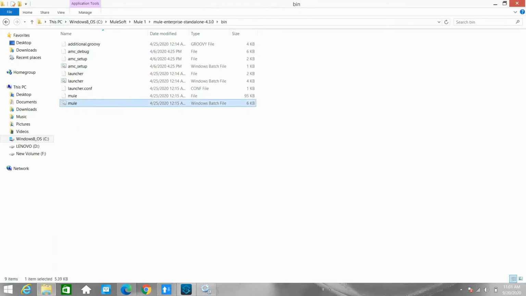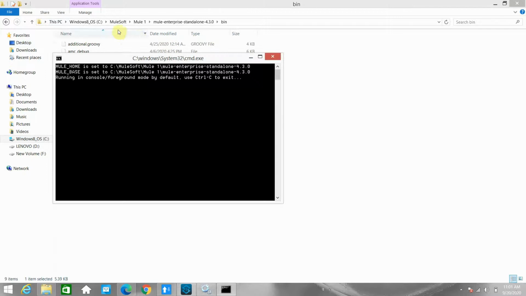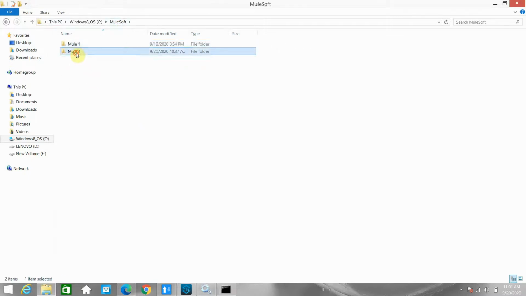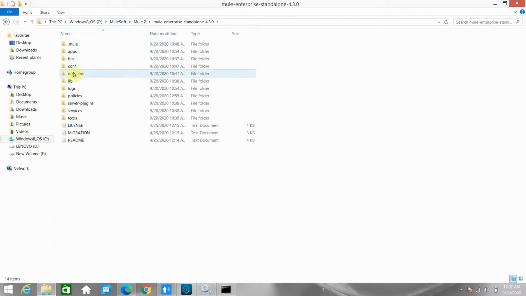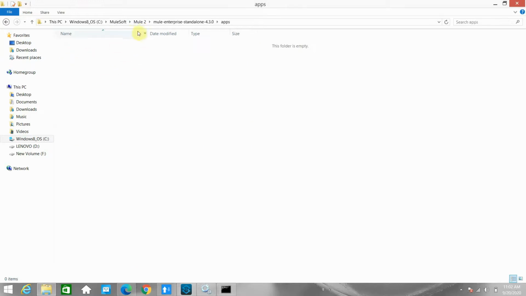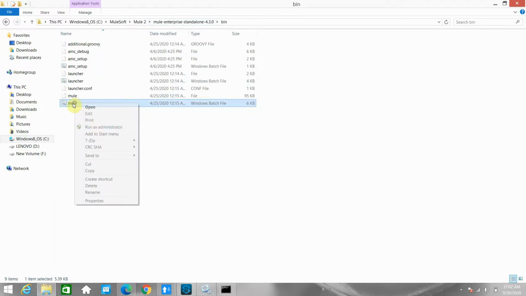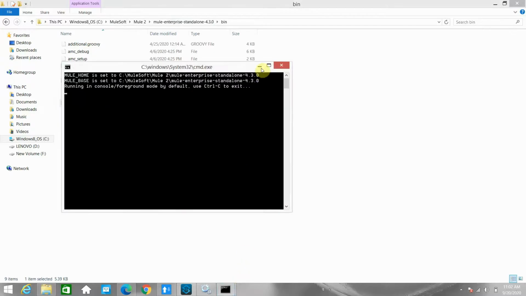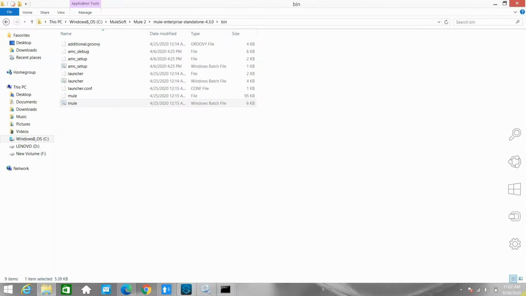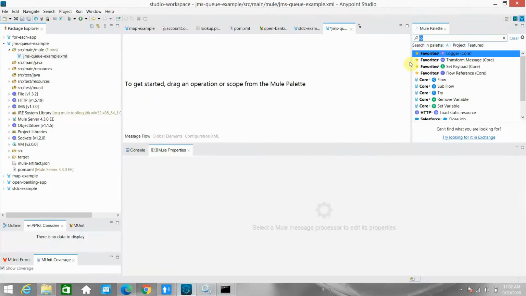That is my Mule runtime 1, and that is my Mule runtime, not the apps folder, it's the bin folder. Let me start Mule runtime 2 also. So I'm starting two Mule runtimes. Before that, we will create one small application and I will show you a demonstration.